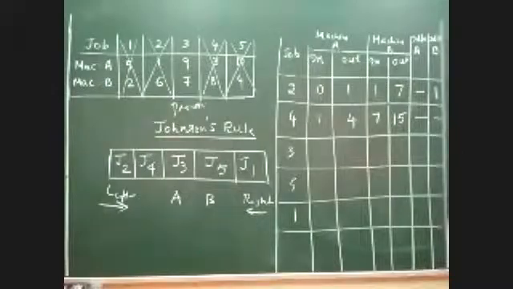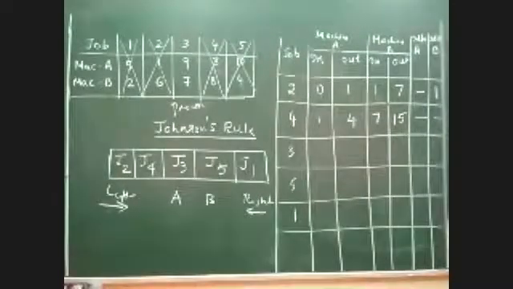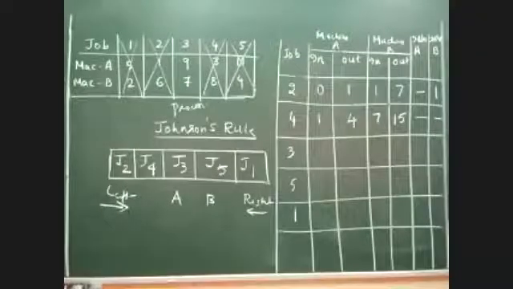Are you understanding? Did you all understand the calculation of idle time now? Very simple. When the previous job completed and when the next job started, the difference we call idle time. Here we are not calculating the idle time of jobs, we are only calculating the idle time of machines. Okay, clear? Everyone has understood the logic now? Yes or no? Yes, sir.